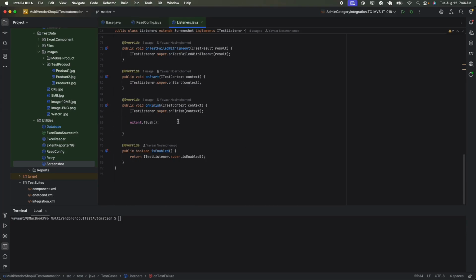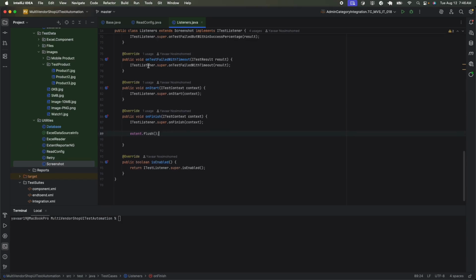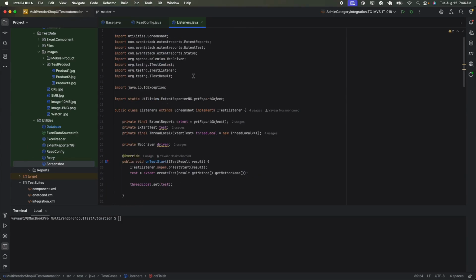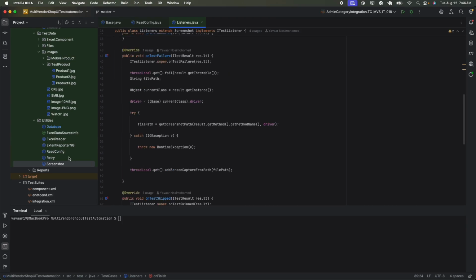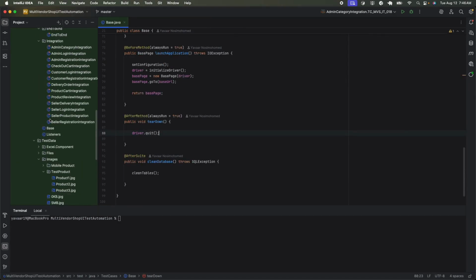Moving on to finish, we have to make sure that we flush the report itself, the test, okay, the extent. Hope that makes sense. One other thing that I want to talk about is if you look at my component test cases, okay,